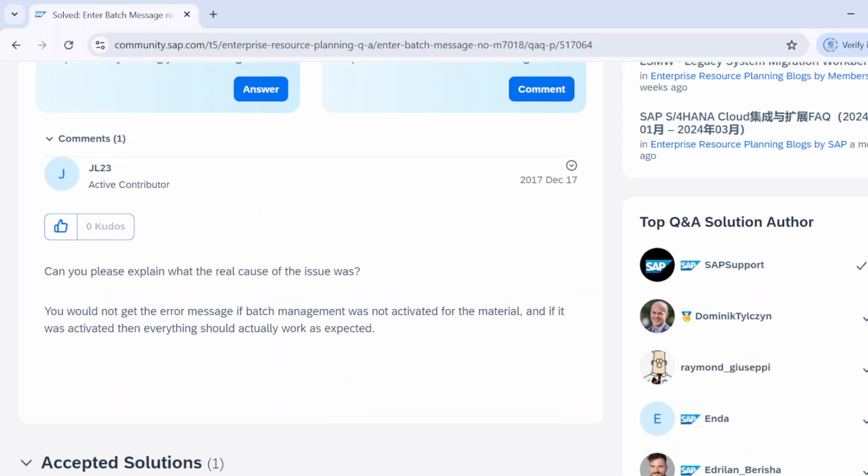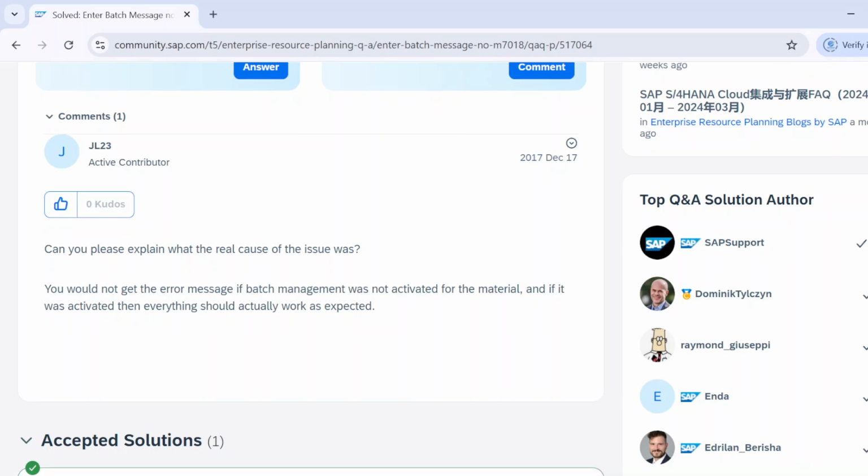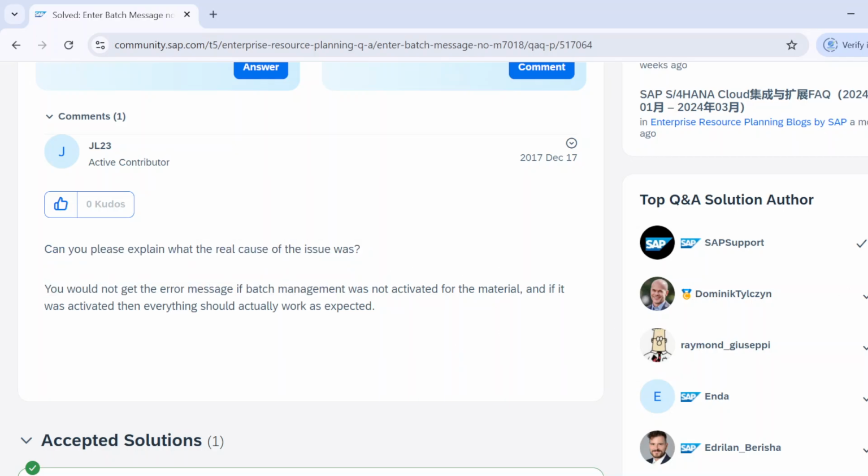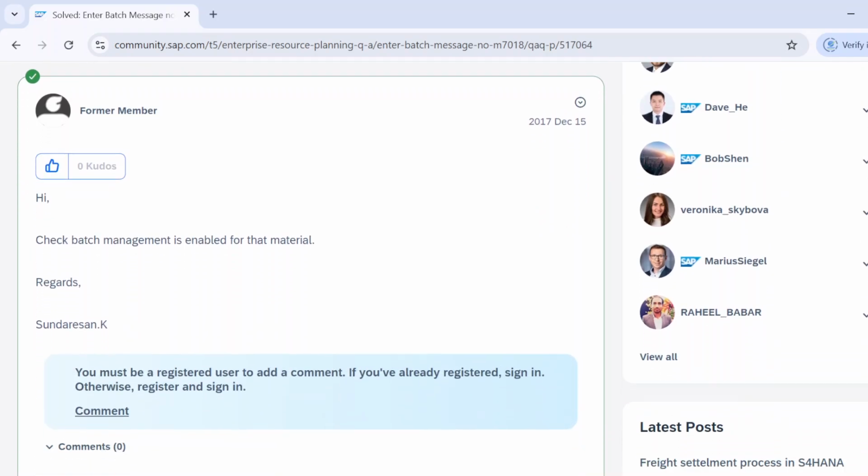Okay, let me check. But in real time, you will not face this type of error at least. Like it's asking to enter the supplier number, even though we are putting that. So those types of tickets you will not get in real time. Anytime you will not get this type of issue. Let me check if any solution is there.